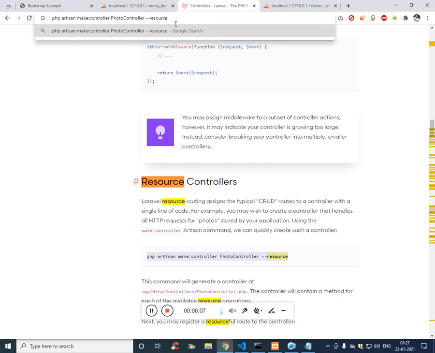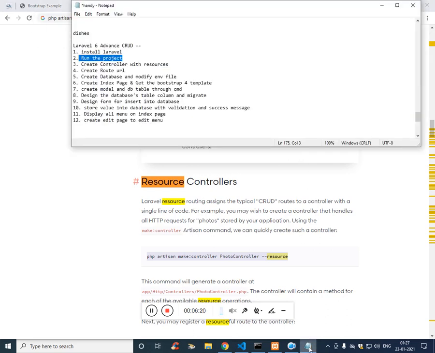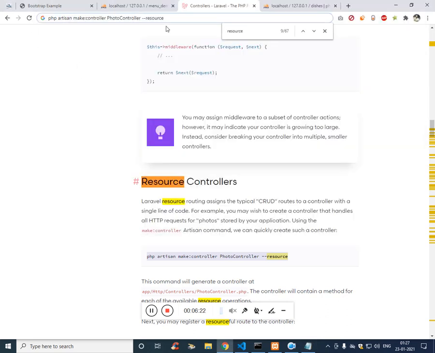I'm not going to get into detail because we have already seen in the previous 7 videos how to create a controller, how to create routes, and so on. So I'll just keep on going with this flow. If you have followed my previous tutorials, I have almost 6 to 7 CRUD operation tutorials. So this is very easy for you. You don't have to worry about it.